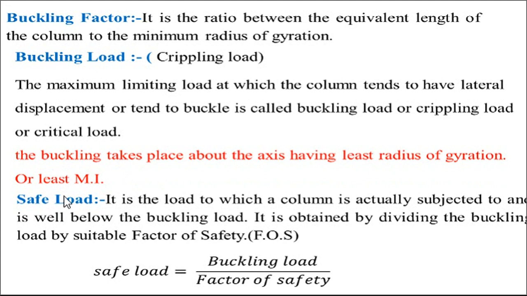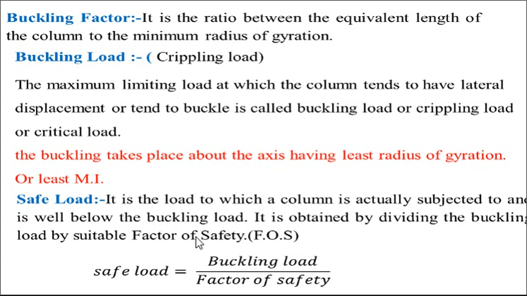Safe load, after that, is the load to which the column is actually subjected and is well below the buckling load. It is obtained by dividing the buckling load by a suitable factor of safety. Suppose you want to determine the safe load. This safe load is below the value of the buckling load and is obtained by